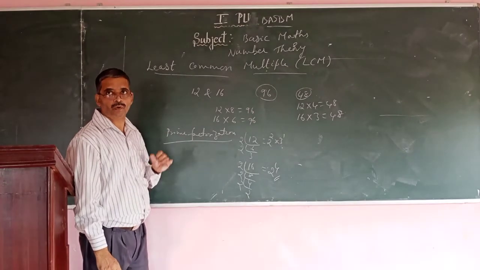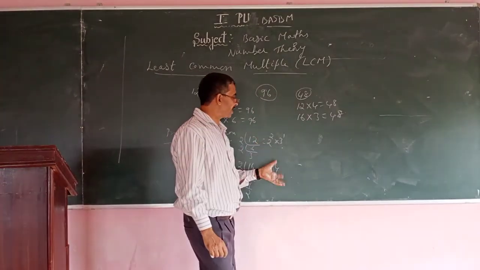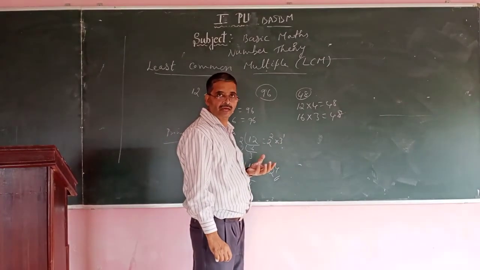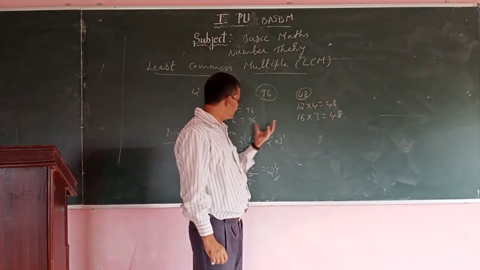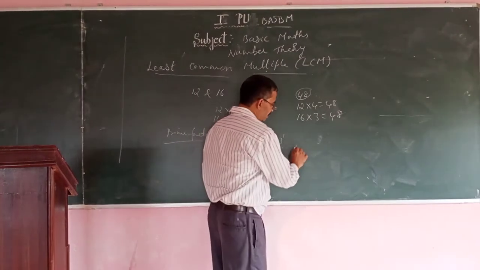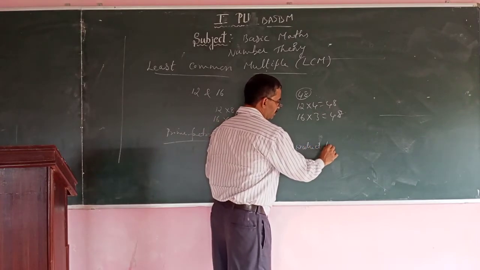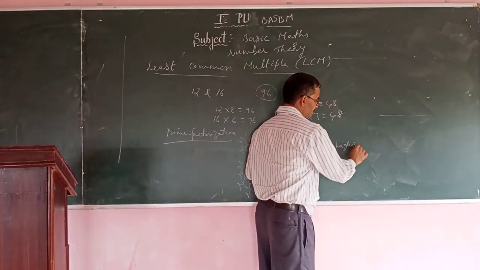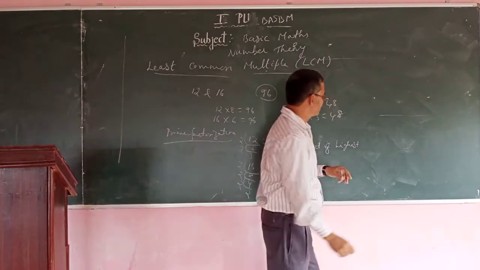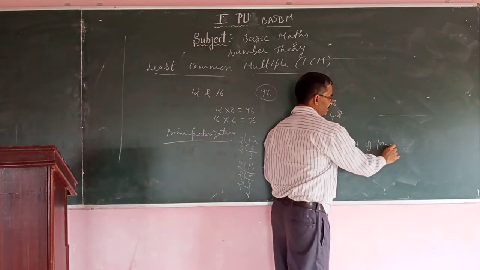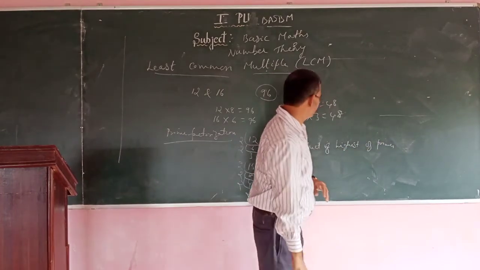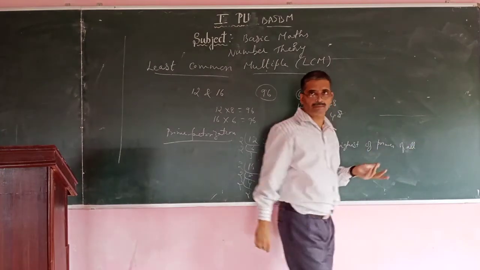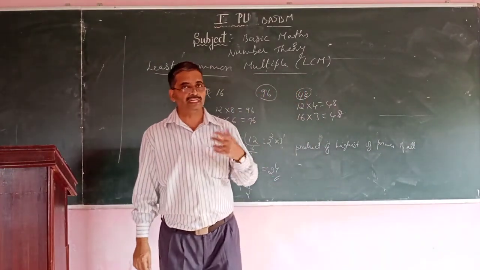How to get the LCM? So what you have to do is take the highest powers of these prime numbers and multiply them. So by this method, it is the product of highest powers of the primes, for all the numbers, whatever, however many numbers, if 2 is there, that's 2, or 3 is there, that's 3.